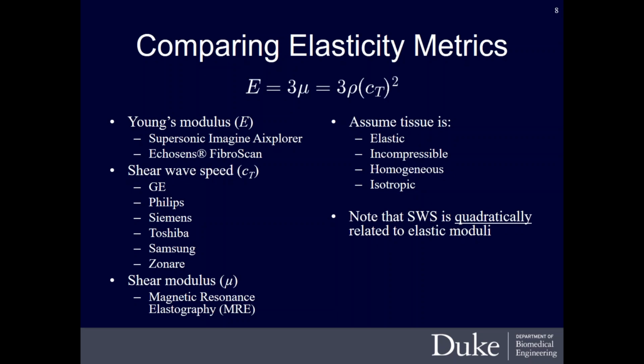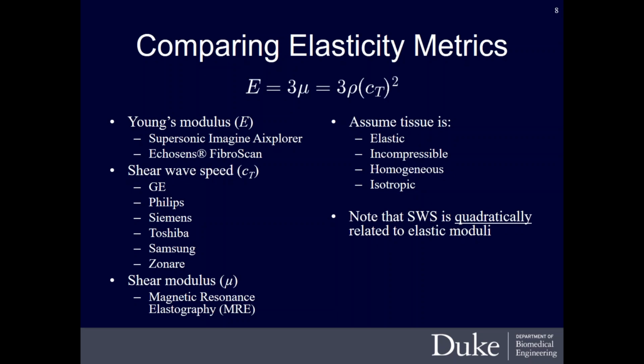You could, of course, imagine that if you're looking at tissues such as connective tissue, muscle, things like that, suddenly the isotropic assumption and the homogeneous assumption might be violated, and you'd be correct in thinking that. But these are common assumptions that are applied. Under these assumptions, we can relate the Young's to the shear modulus by a simple factor of 3, and that's primarily, again, assuming that the tissue is incompressible. That is one of the primary determinants of that factor of 3. And then you could also relate this to the shear wave speed, which is delineated as C sub t for transverse wave speed.